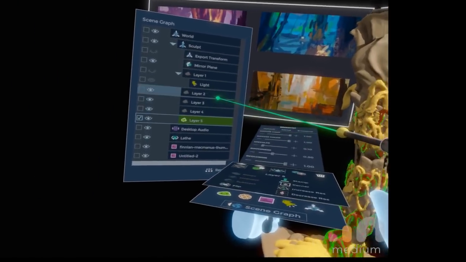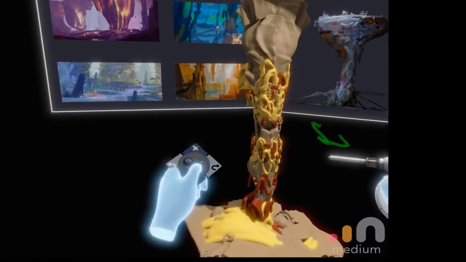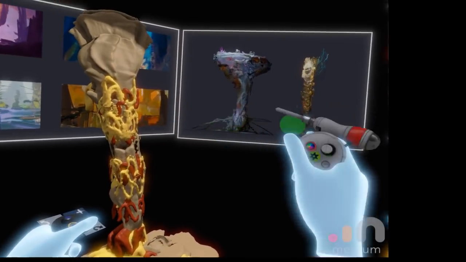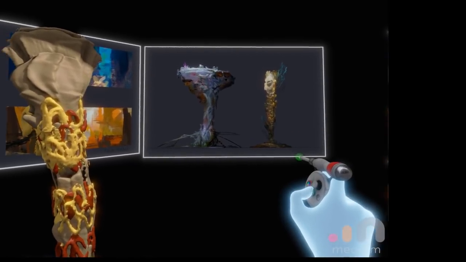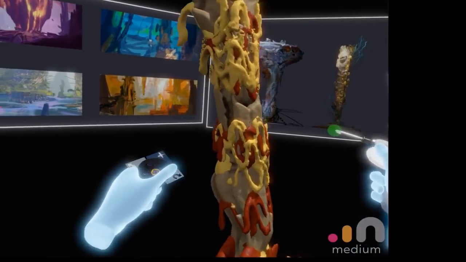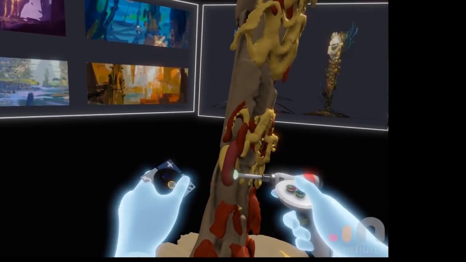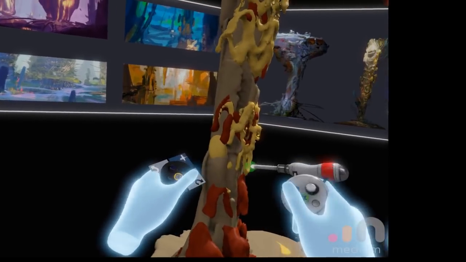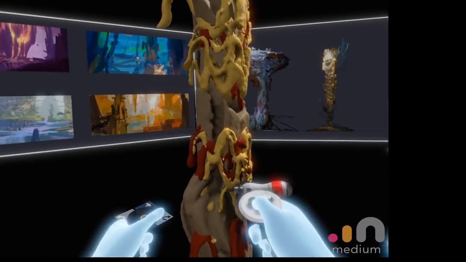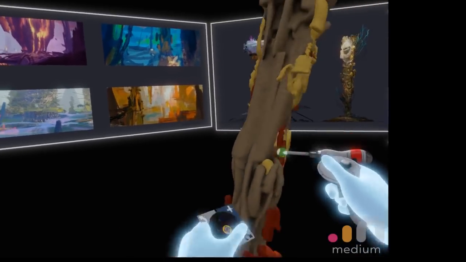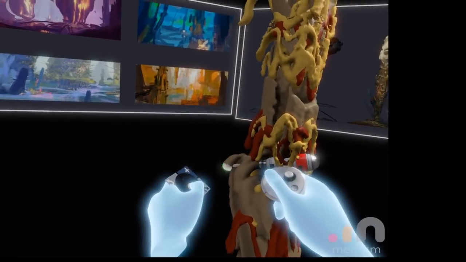Let's see. I'm going to go back to the original. I just noticed that there's a bit more of a bump here. And there's a couple pieces of the sketch which I think are more important than the others. Any section where the secondary form language is attached, that's going to be more important because it's kind of like a major part of the piece. If you're thinking about the anatomy of a structure, that's going to be a major muscle that you want to make sure is represented. It's all a part of balance,